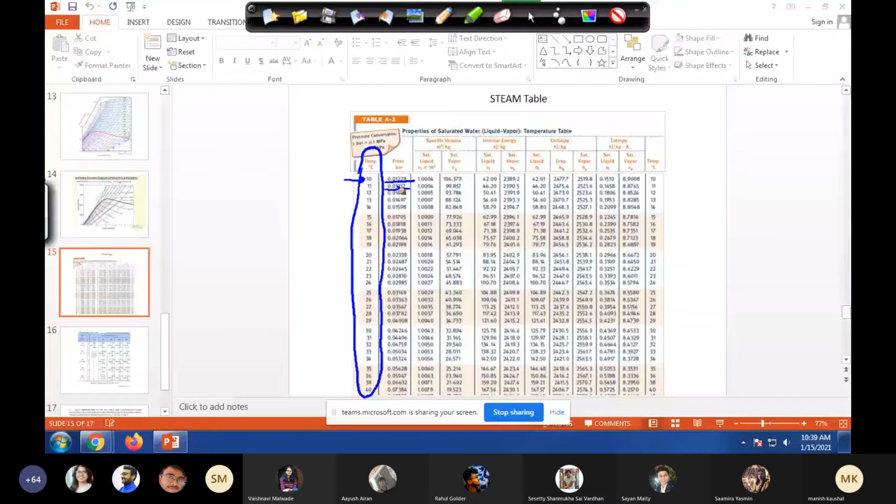So you can call it saturation temperature and saturation pressure. That is also the terminology people use. Or you can say, the more precise way, for a given temperature there is a saturation pressure. It is nothing but the point of phase change. Okay. So I am telling you how we read this.